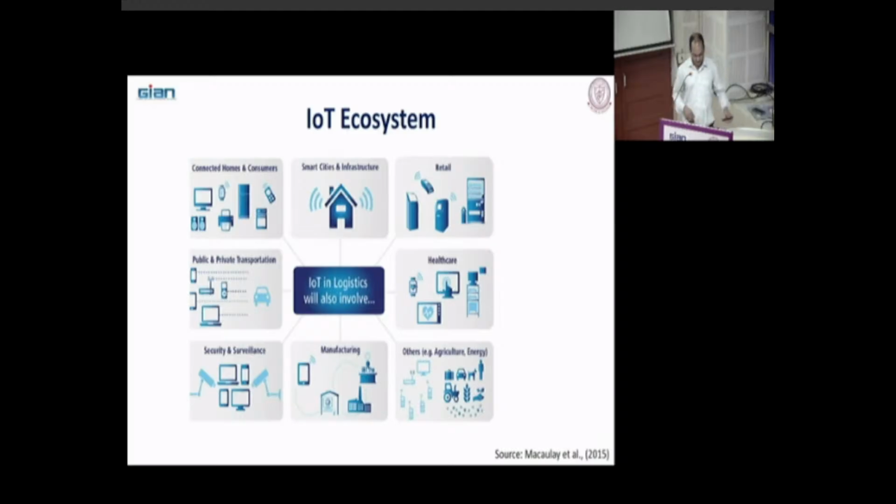Can you tell me the applications of IoT in the agricultural sector? Any idea how we could use the IoT devices? Smart irrigation systems. Okay, that's one. Anything else? Irrigation is one. Have you heard this term, precision agriculture? What is it? Yeah, you can detect the weeds as well.